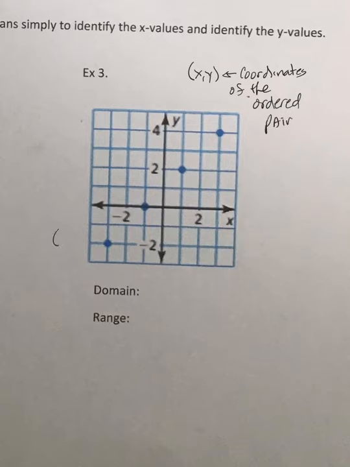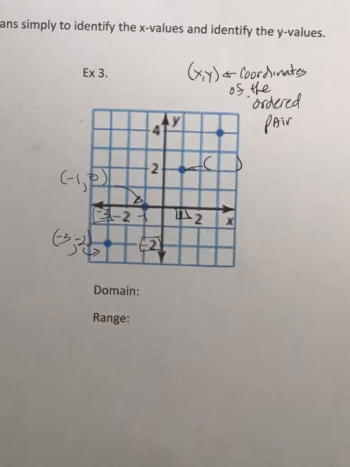So let's look at this point. You guys should already know the coordinates. So this is at -3 is the x value, right? -3. And -2 is the y value. So that's this coordinate. And then this point has the coordinates -1 and then 0, right? And then this point has the coordinates